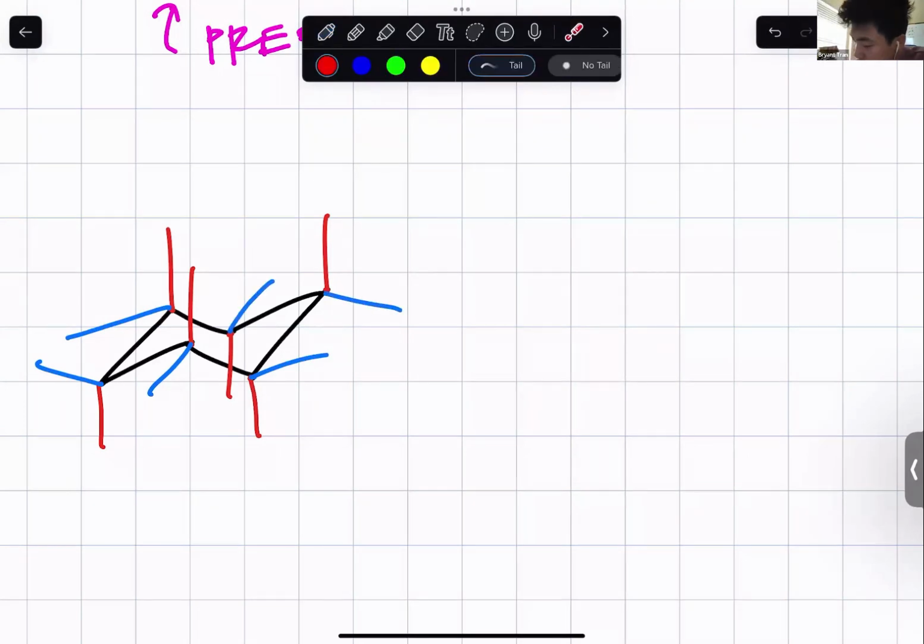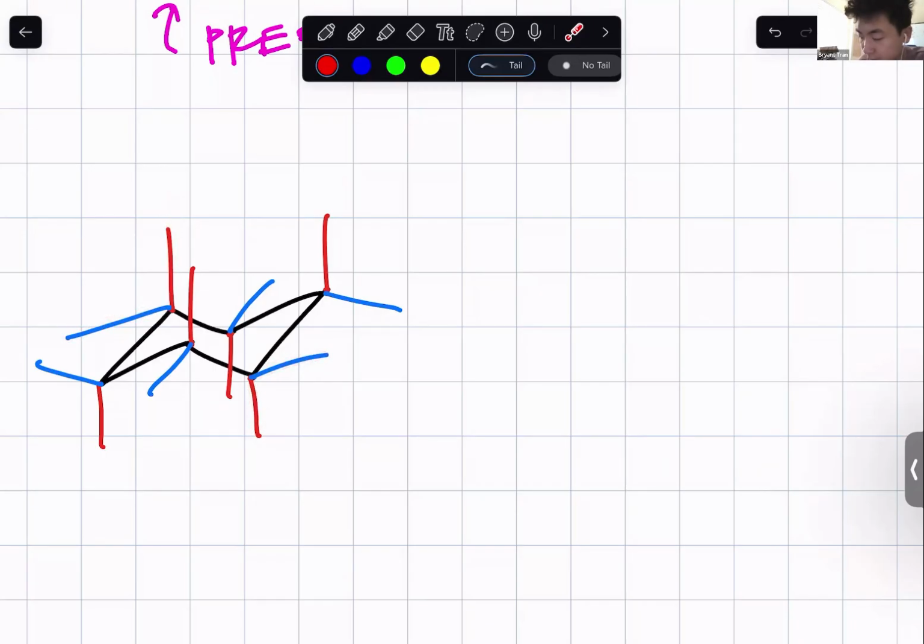So if you do the same for all the other carbons and you draw out the equatorial bonds, which is going to be parallel to the next set of bonds, you would get these right here. To make sure you have the right answer, there's two things you could look out for. The equatorial bonds would be opposite direction to the axial bond, right? It's like if axial bond is up, equatorial bond has to go down. If the axial bond is down, equatorial bond has to go up.